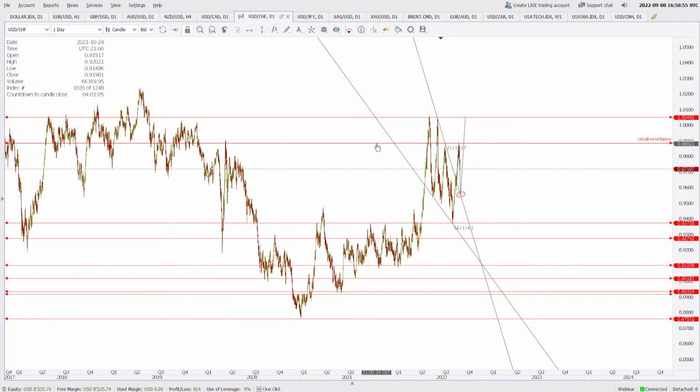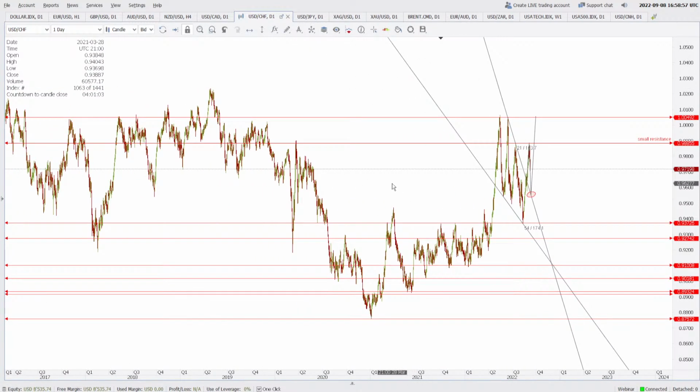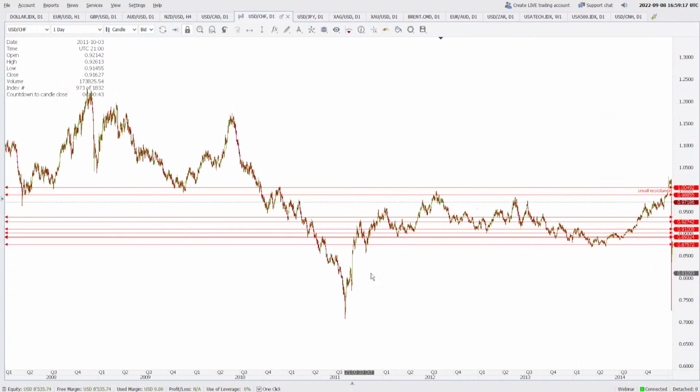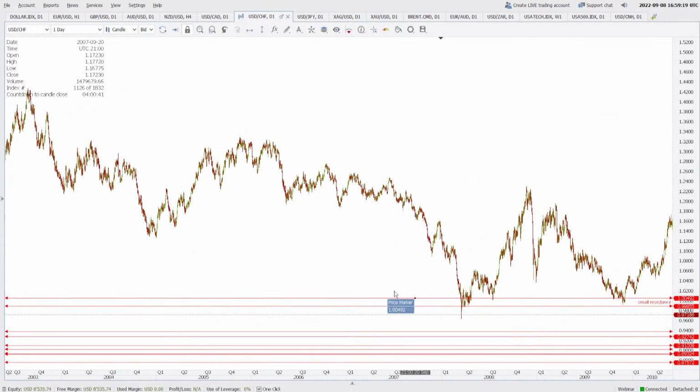Yeah, CHF often makes a ranged pattern, but not against the US dollar, my friend. CHF makes a ranged pattern against the euro, against the European pairs like pound and euro, but not against the US dollar. The US dollar is very different from the CHF. You see here, you will not find the ranged pattern.